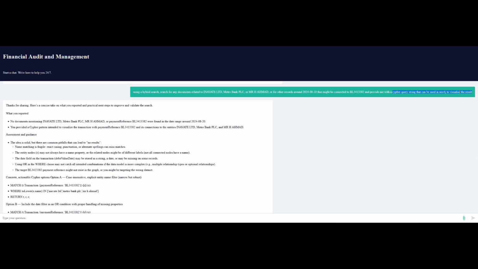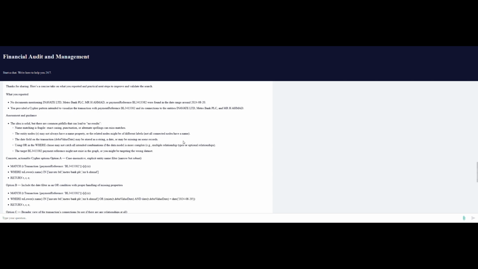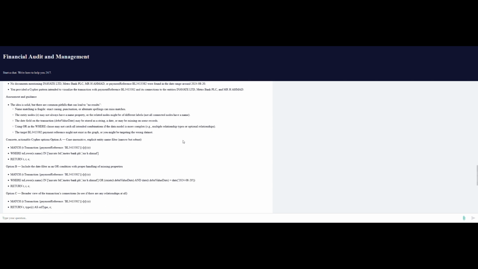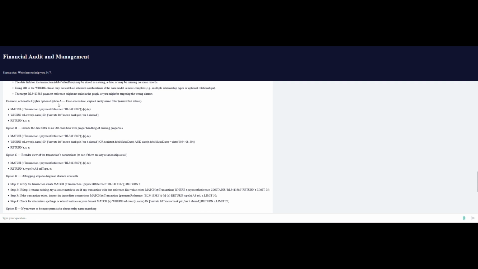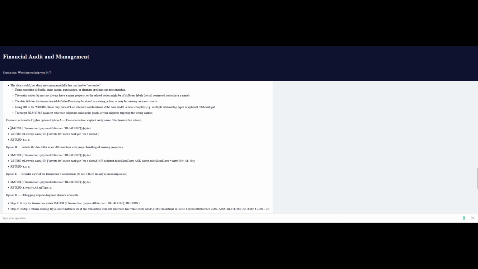Whenever you do a hybrid search, you can just add in a request to have a cipher query. What that does is it then gives you a number of options in terms of the query. So you've got option A, B, C, D, and I think E as well. So it's giving you four queries that you could run. All you're doing is copying all the way down to the semicolon there. And if I were to go in,